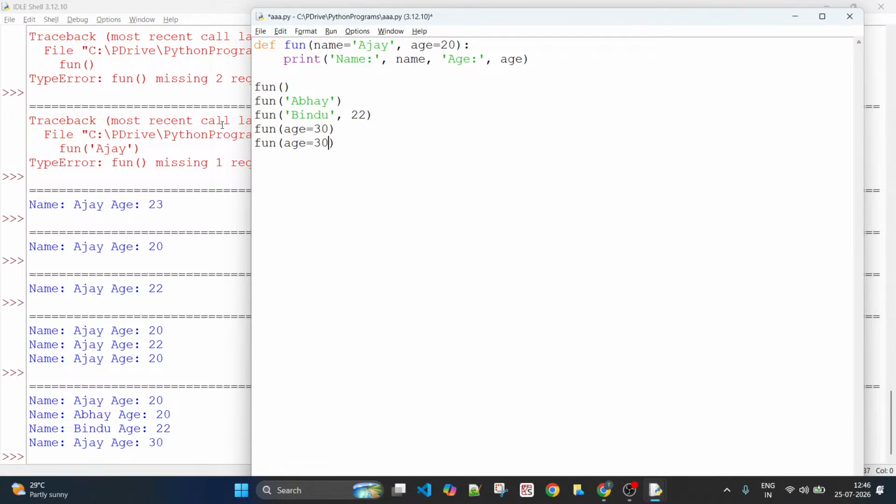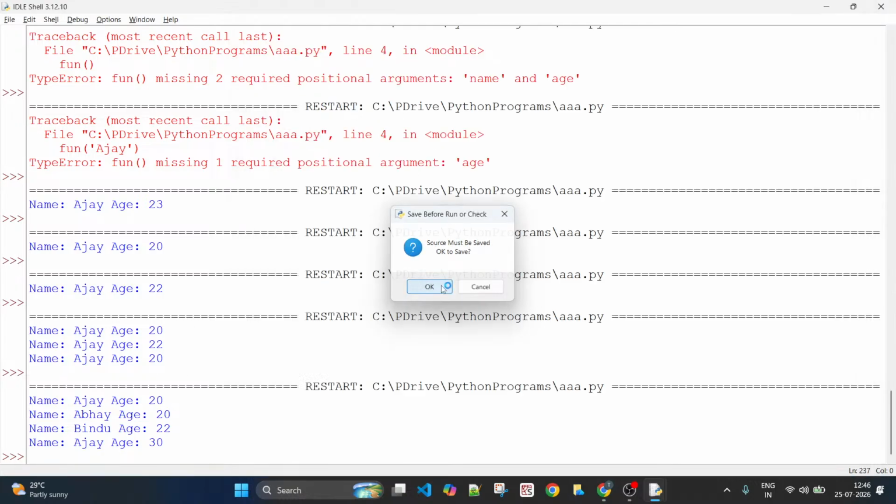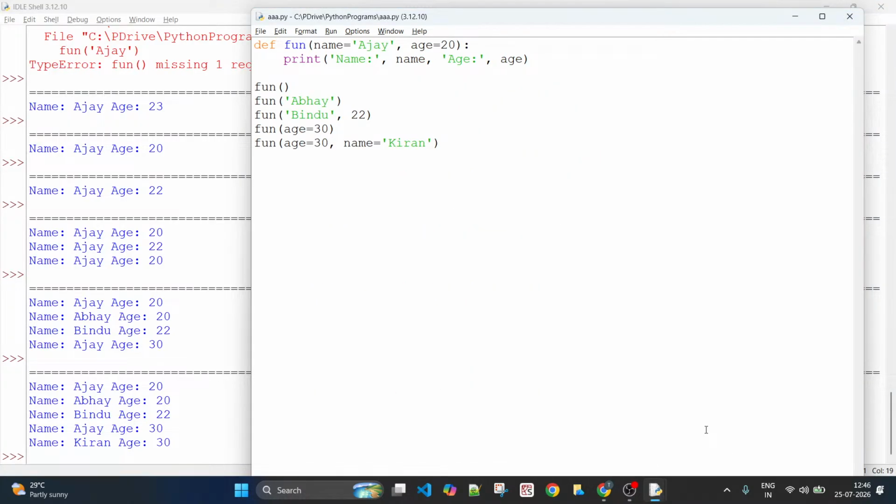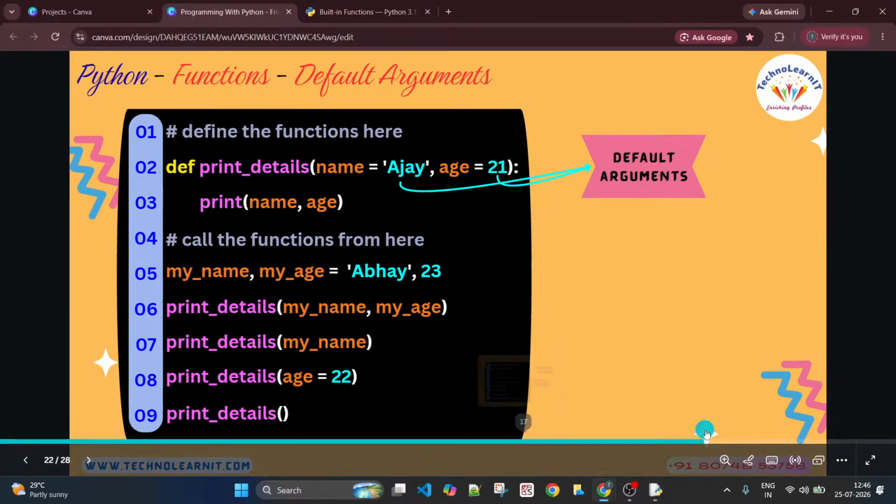You can give age here and you can give name here explicitly, something like this. Of course, this is also fine. It assumes the name to be Kiran now and age to be 30 now, right? So these are all different ways to call this function. This is the concept of default arguments and how it works in Python.